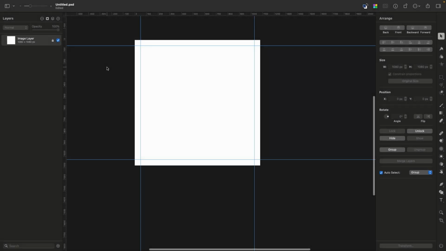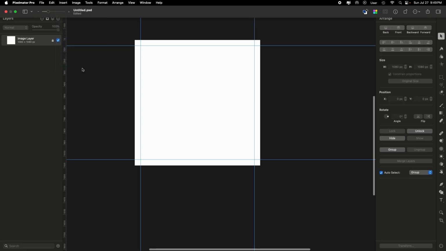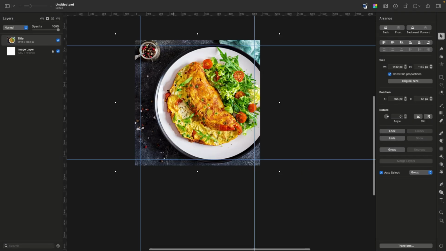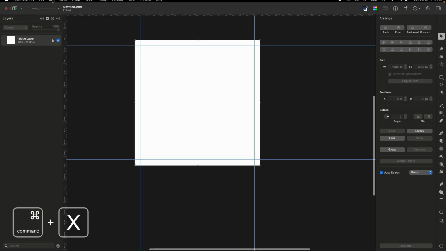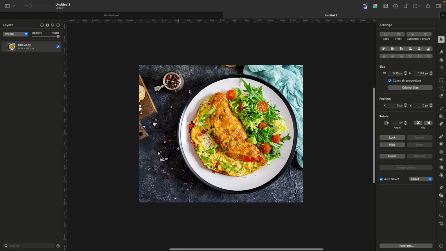So our next step is to add an image. To add an image to your design, you can go to insert, choose, and then choose an image from your files. Now we have this image here, but we actually want to remove the background. So let's actually put it in its own document and remove the background. Let's do this by hitting Command X to cut it. Let's go up to File, New from Clipboard, and now we have a new tab,